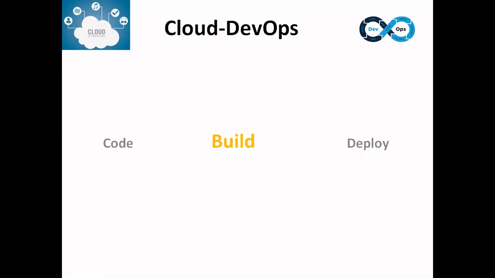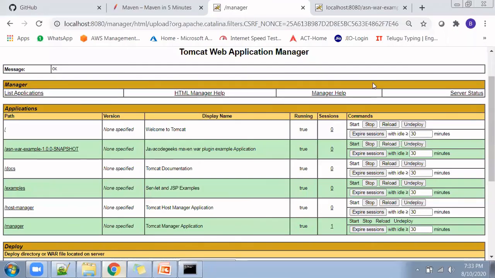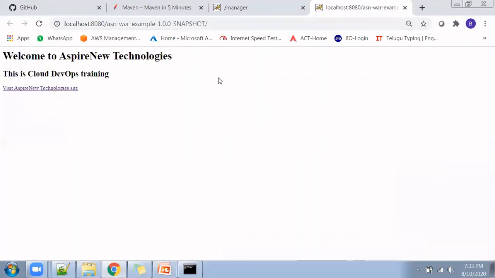And on top of that, whatever enhancements we make or other people make, you will be easily able to understand. If you see here, we have deployed that war file into Tomcat and it is running here. In the same way, we can run this as a production application. For example, let's consider Paytm. We developed the Paytm website, developed some artifacts and deployed them to Tomcat. Now, if you give this URL to the general public, they will be able to access this website.